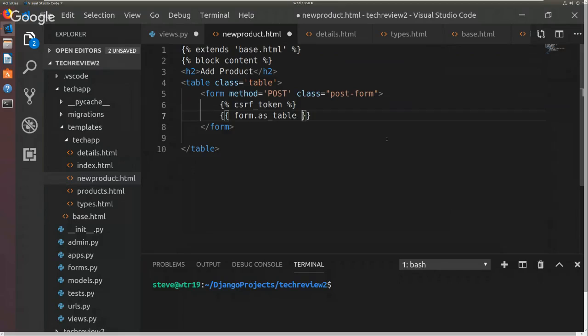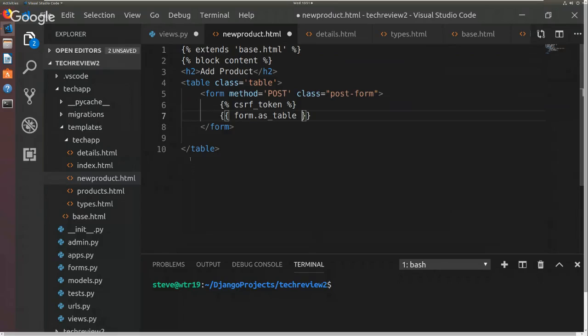But the form is what we're passing from the view. Right? Remember in the curly braces there, it was form : form. So form is what we're passing from the view. We're just saying to do it as a table. We don't have to write the TD. We don't have to distribute the cells. We don't have to do anything. We just say, we want to see this form as a table. That's literally all we have to do,